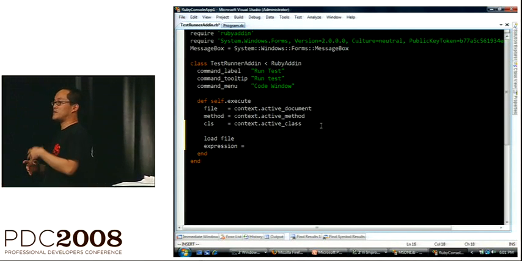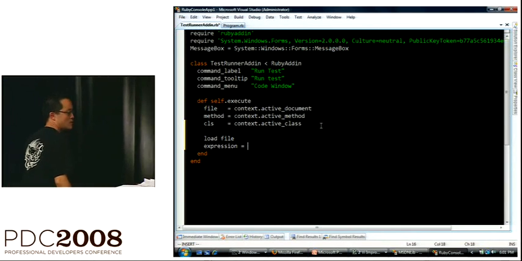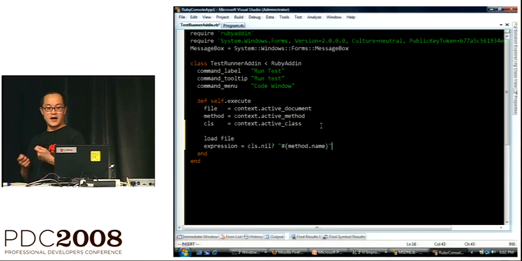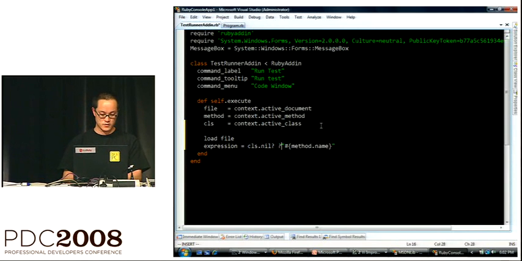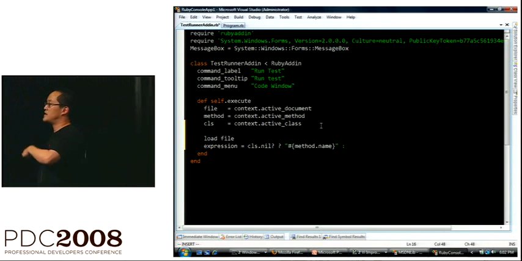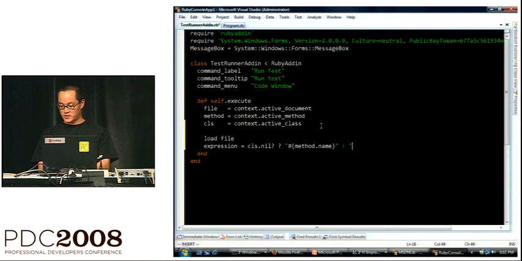Because as you can imagine, I wrote that method, and it wasn't inside of a class. It was at top-level scope inside of that function. So class in this case is likely going to come in as nil. So I just want to simply go off and test for this. To make this slightly more general, method.name. So if class.nil, I need another question mark on this guy because I want to write a ternary expression. If class comes in as nil, I want to just execute the method name that was passed to me. And if class wasn't nil, then obviously I need a slightly more sophisticated expression where I'm going to say